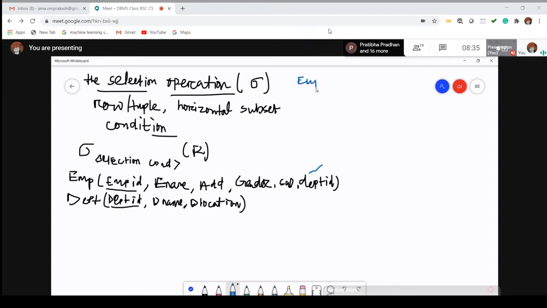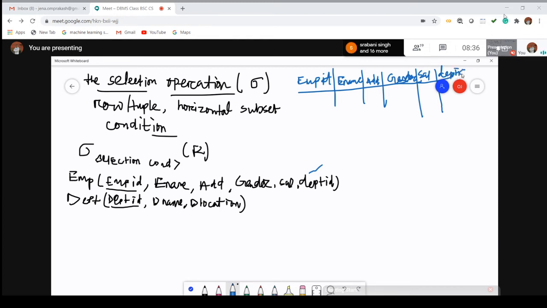The employee table will look like this. First one is employee ID, then next is e-name, next is address, then gender, then salary, and the last one is department ID.